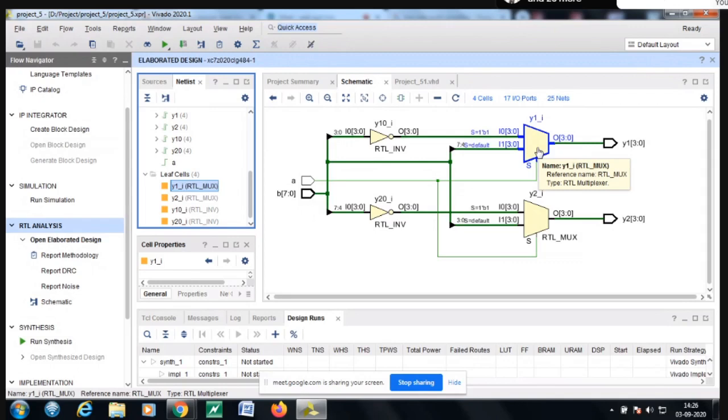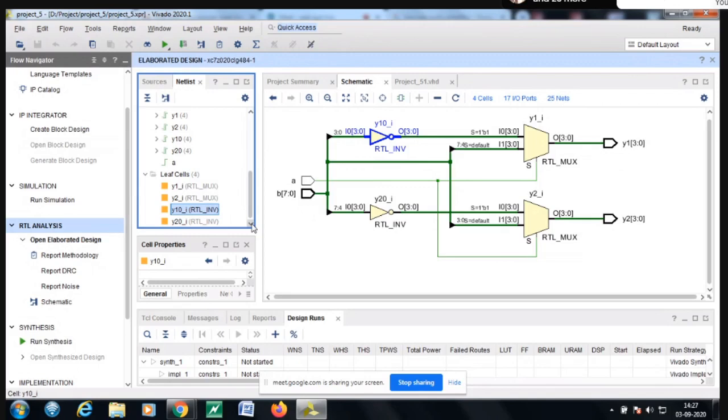Right. So these are all important when we use a huge number of components or the CLB blocks. We need to go for this type of analysis just to see which section is under this inverter, which section is under this multiplexer, or where is the magnitude comparator, where is the complement adder, where is the multiplexer, multiplier.